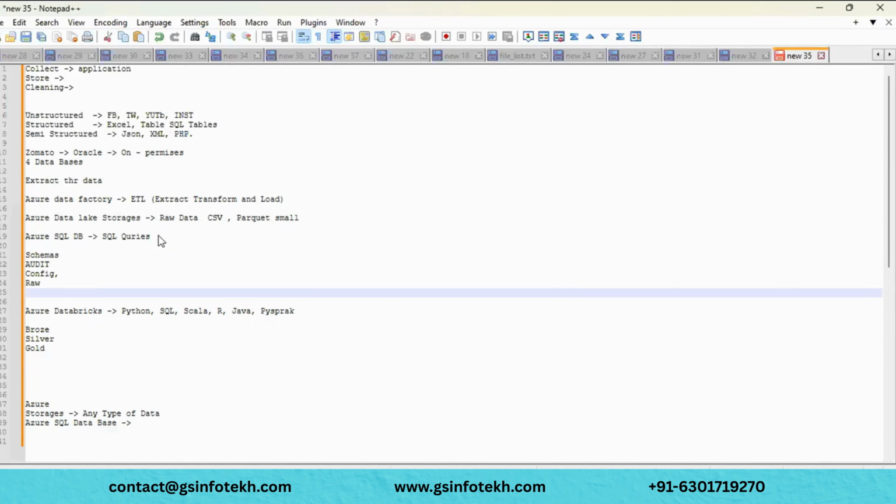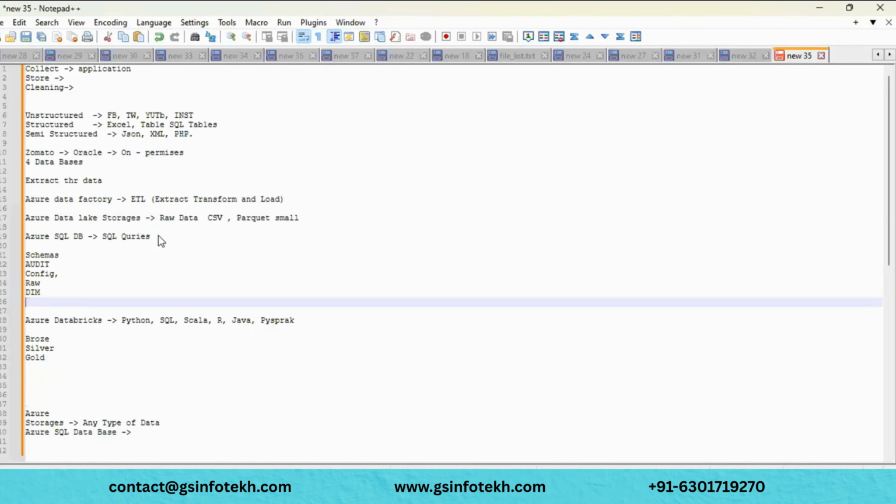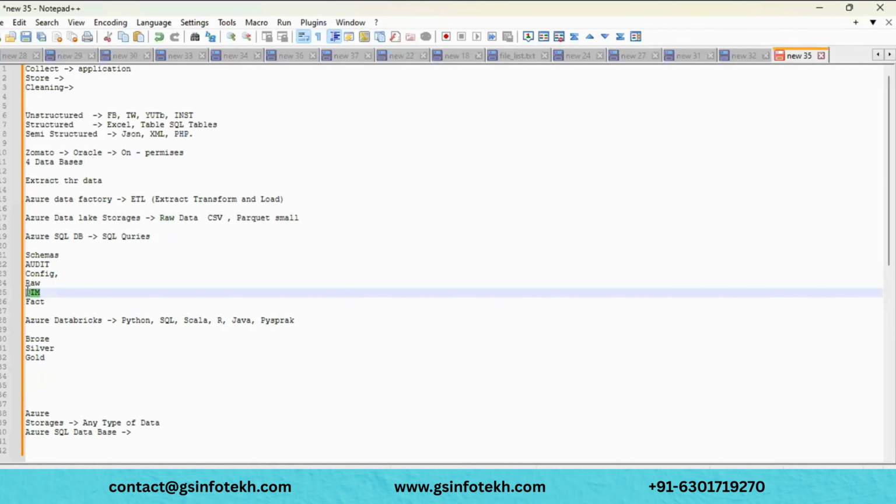We can create dimension tables and fact tables. We can create different schemas, and even if a table is duplicated, there are no worries, because the schema is going to change. So we can handle that.